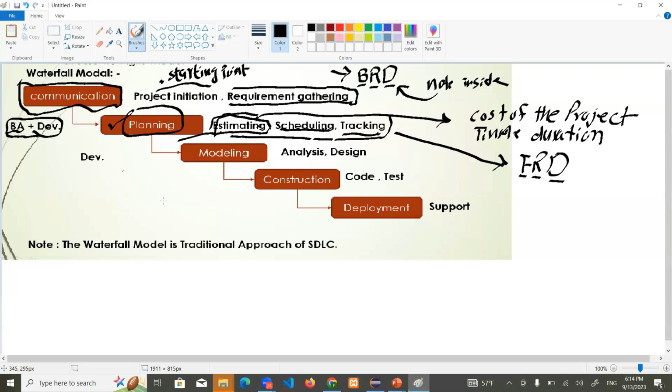The next step is the modeling step. What is modeling? This only belongs to a development team. And here, the development team does analysis and design. Analysis and design, what are these 2 steps? In these 2 steps, analysis, first they will, from the FRD documents,